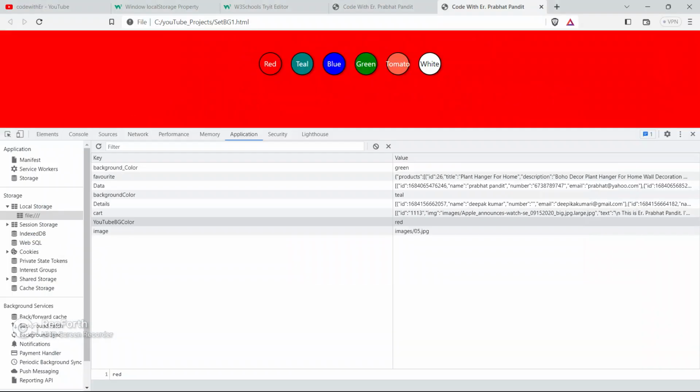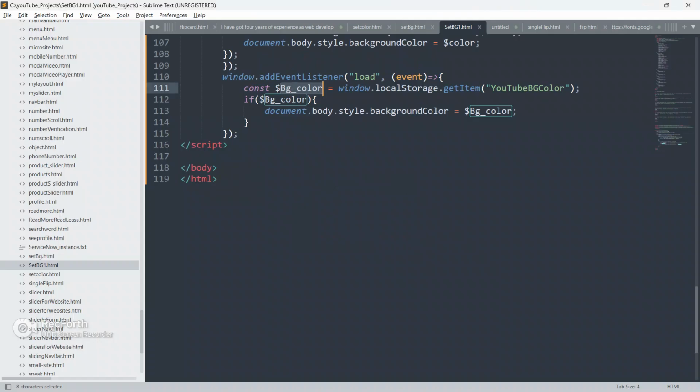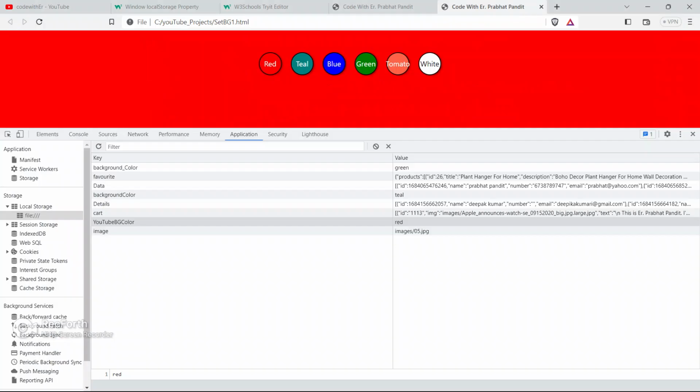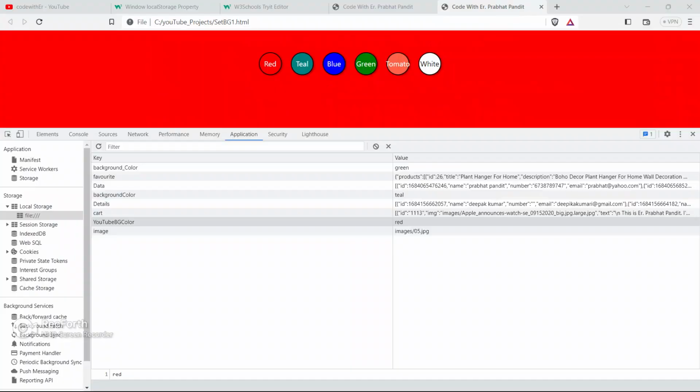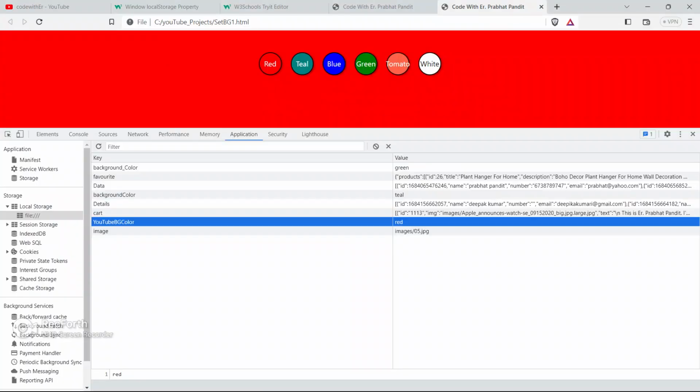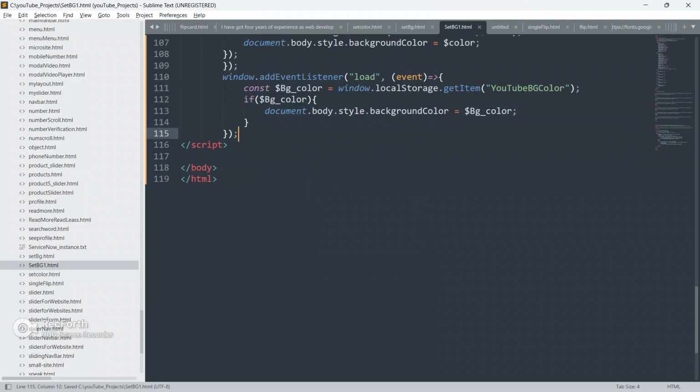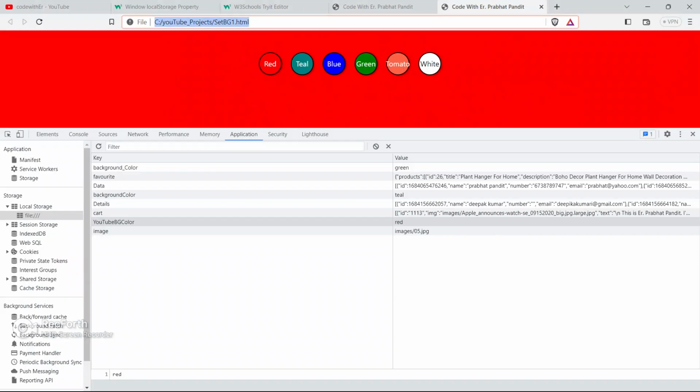As of now this is red, so red will be here in this bg color. When you click on this button, green, it will be green, and whenever you click on tomato, here in the bg color there will be tomato also. As of now this is red, so let it be red.